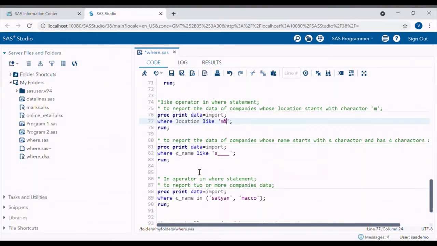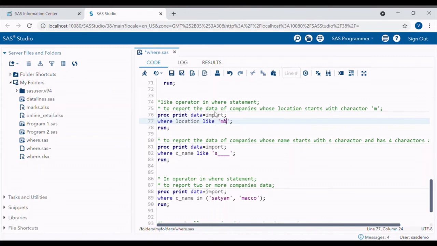Next is the LIKE operator. Using the LIKE operator, we can produce the result based on partial matching. The LIKE operator can be used only for character variables. The percentage sign indicates any number of characters and the underscore sign indicates only one character. Here is the example.